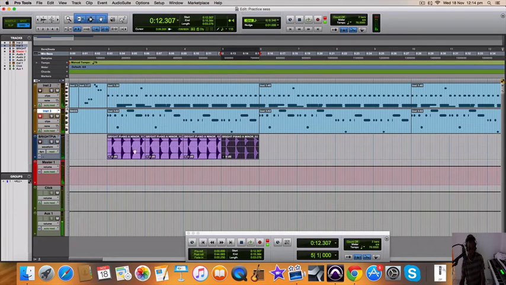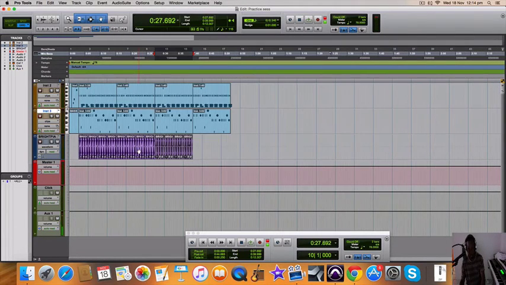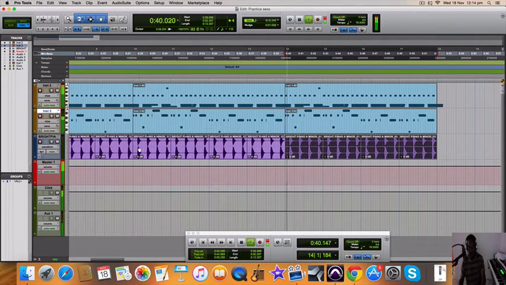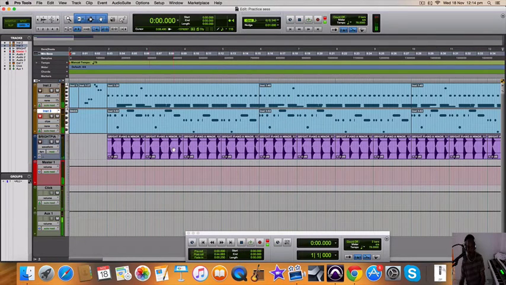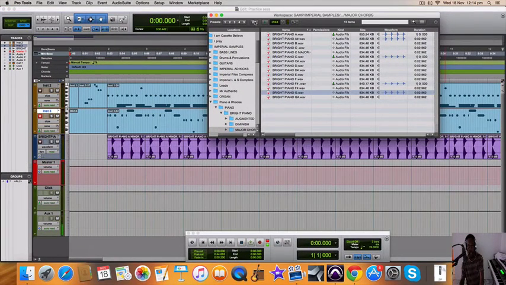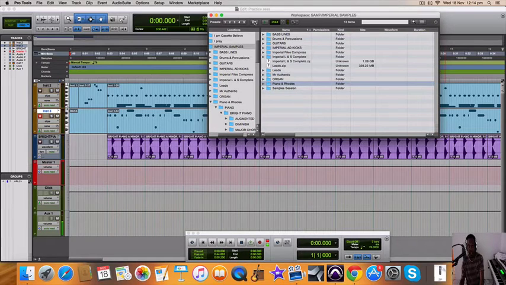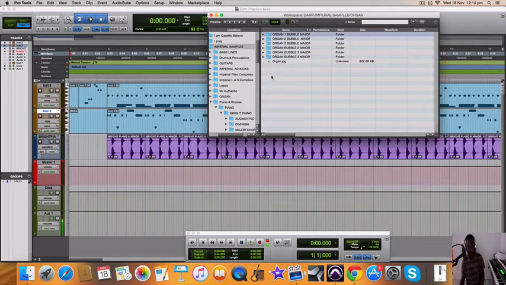All right, so now we have the whole section, so we loop it, duplicate it. Sorry, duplication. All right, so there we have it. So you want to use some of my organ, that you like to hear. All right, the reggae organ, genuine reggae organ. Let's go back and look for the organ. I'm going to show you afterward how to use the